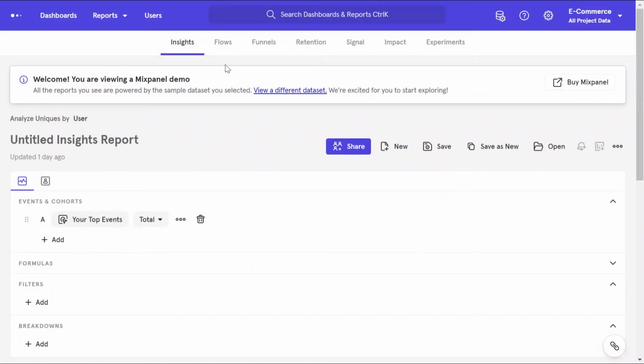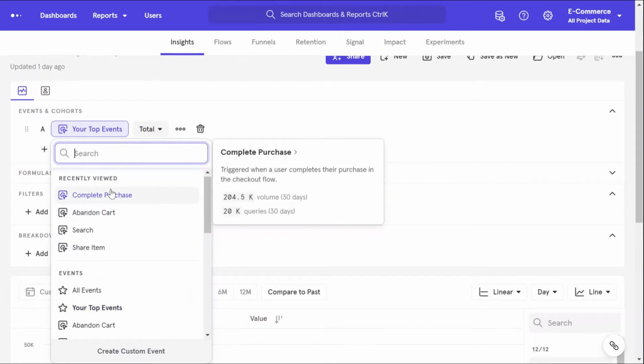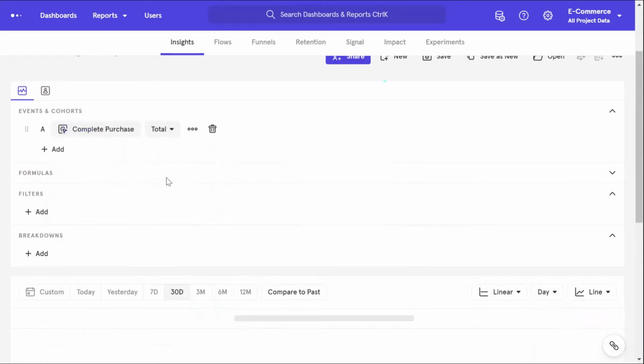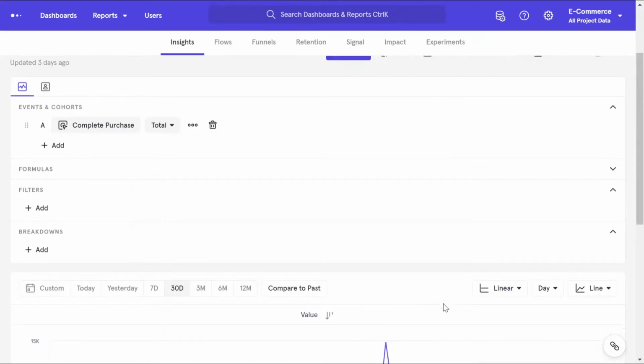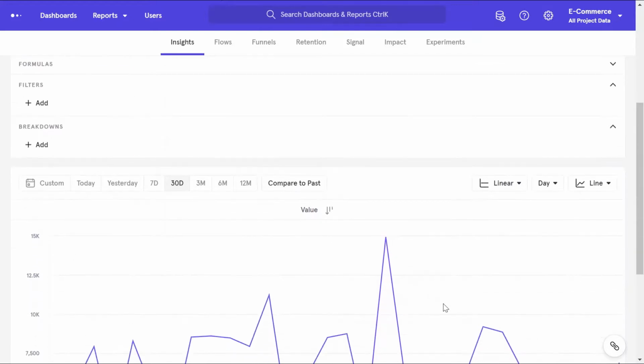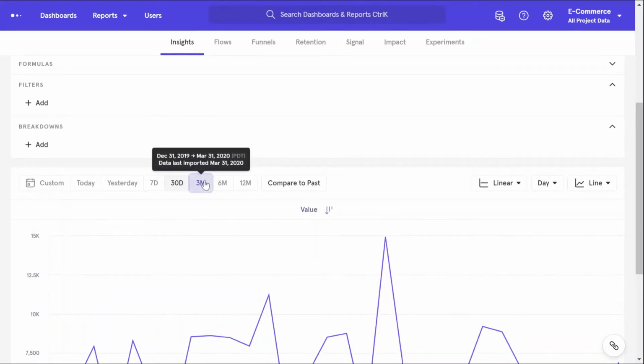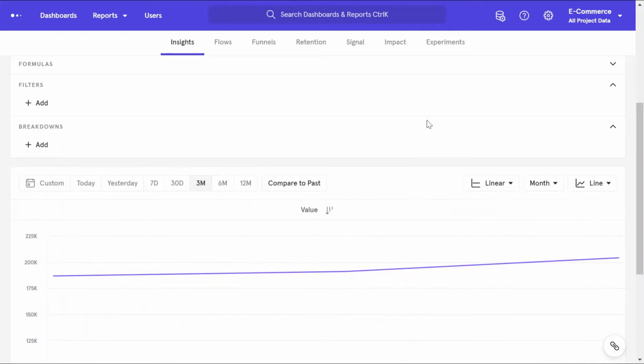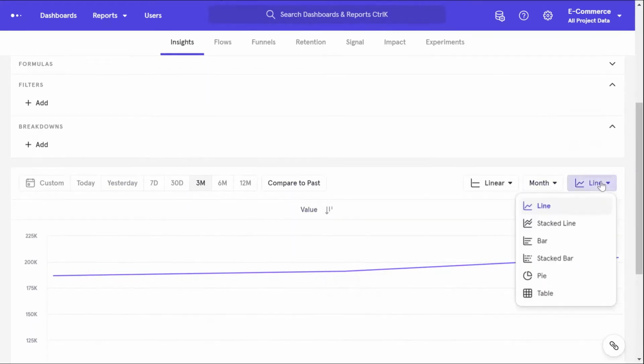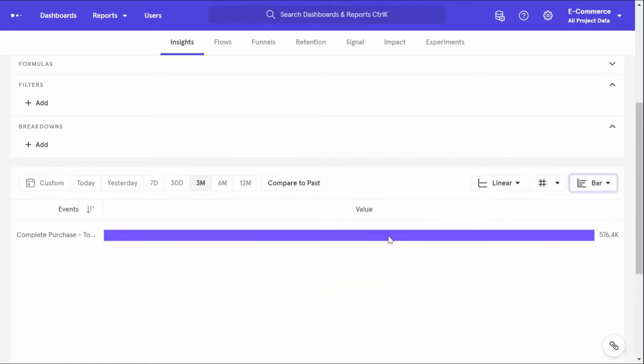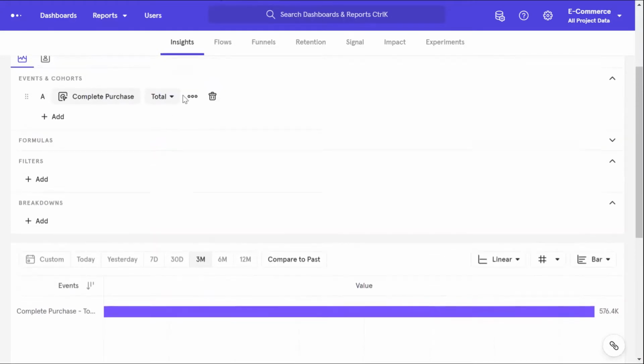Now you would recall this insights screen in Mixpanel, and you would also recall the complete purchase event, which corresponds to the event that we have been calling order placed in our presentation. Now I am plotting complete purchase, so it's plotting the total number of orders. I will plot data for 3 months. The UI here has changed a bit since we last recorded, but the features remain the same. And I will just use bar representation because that will help me illustrate the features better.